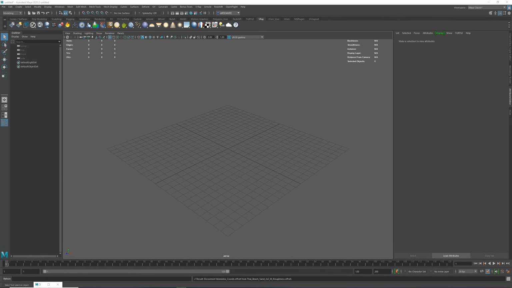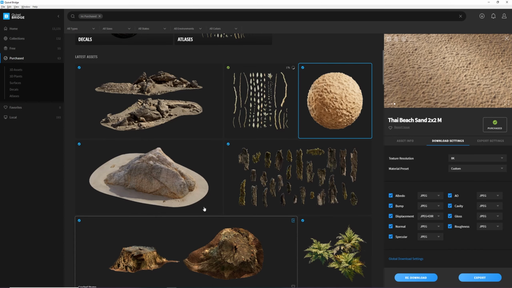Hello everybody, Dark Computer from Split Polygon here, and today we're going to continue our little discussion about environment creation with Arnold and Megascans. So I'm going to put up Bridge, and I've downloaded this beach sand material, which is